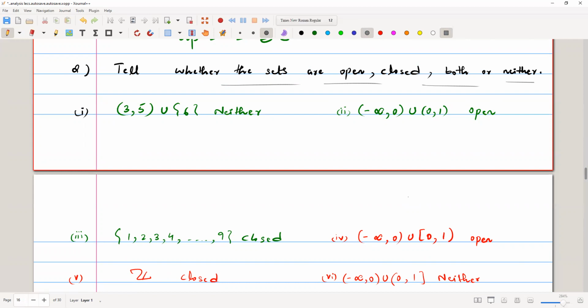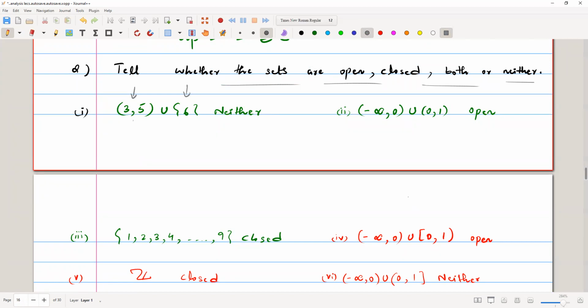So by the definition of an open set, first of all, we'll check if it's open. This is an open interval, so this is an open set. Union, this is a closed set. It's a finite set, a closed set. It's a singleton element. So if we take the union,